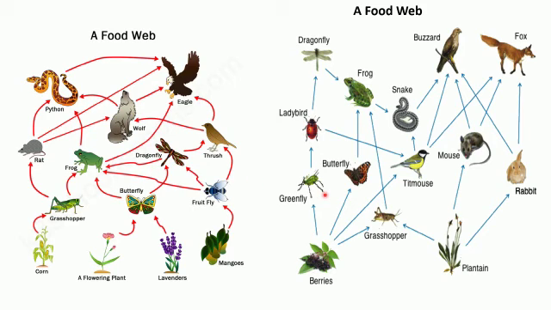In the same way here also we find, here we have berries, that is producers, eaten up by a green fly, eaten up by a beetle, which is in turn eaten up by a dragonfly, which is then eaten up by a frog, then a snake, which is eaten up by a buzzard, an apex level animal. Likewise, there are a number of more such food chains which are operating simultaneously